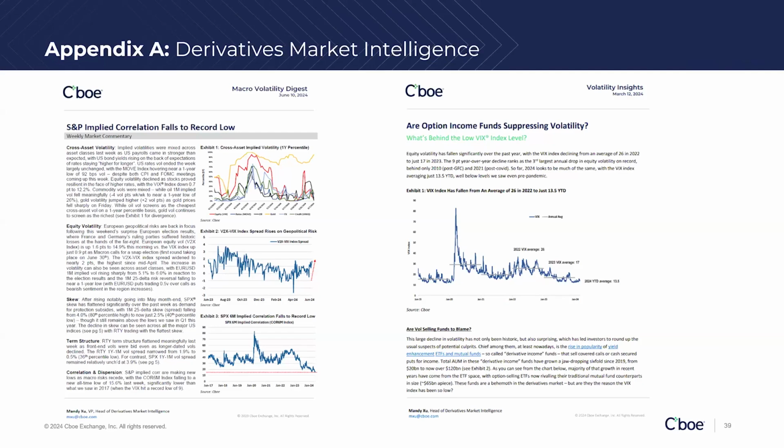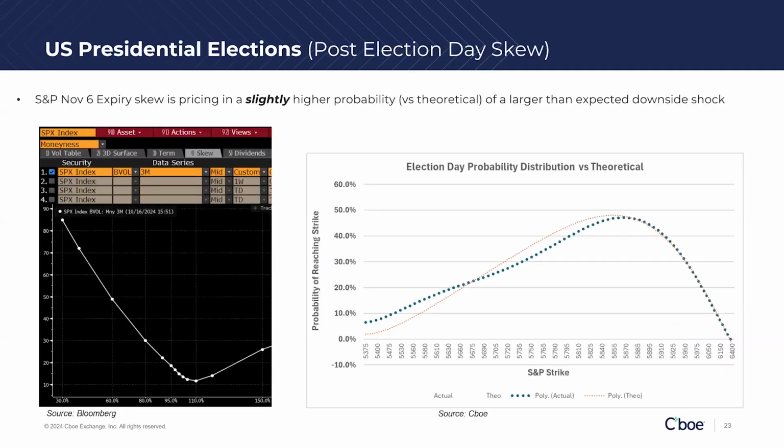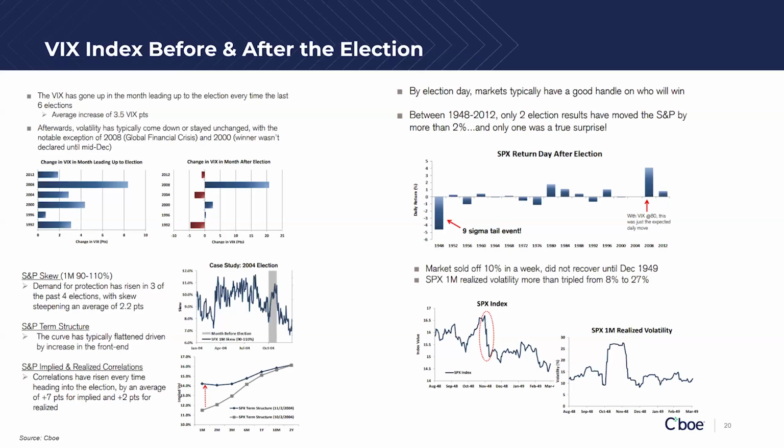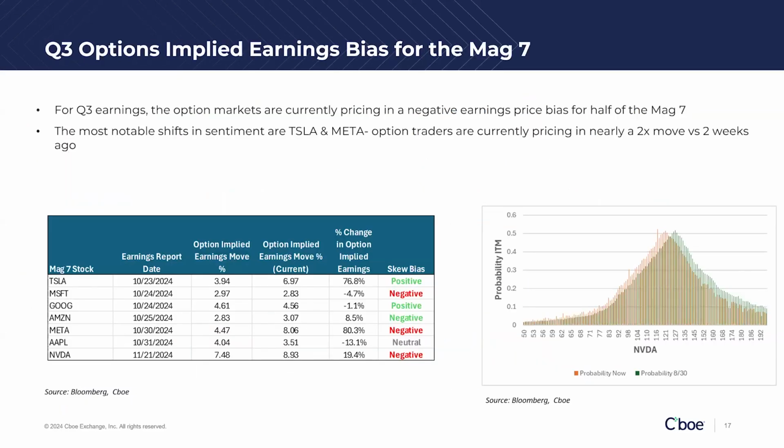I'll leave with one last thought. One of the slides that I do show is this one. Basically, this is the option market's forecast of what to expect for any given stock going into earnings. And oftentimes I get the question, how does this differ from the analyst expectations? Because Wall Street analysts also have views on how the stock is expected to move. And my answer is this.